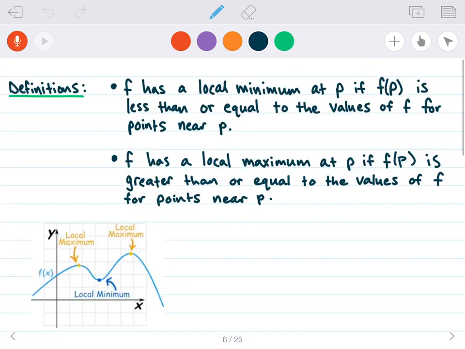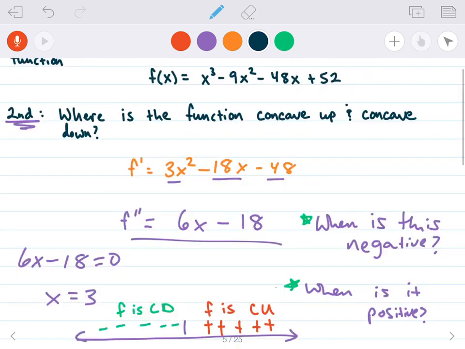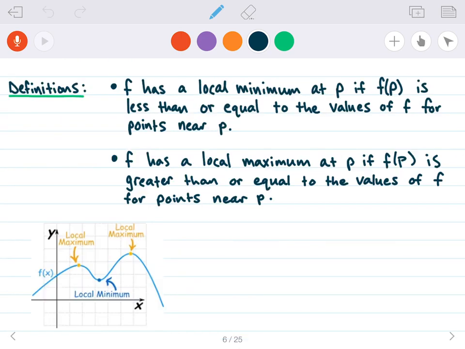Let's go ahead and talk about some definitions now. So the first definition is a local minimum, and we've really secretly been talking about these the whole time, but now we're going to explicitly define them. So f has a local minimum at a point P if f of P is less than or equal to the values of f for points near P. That's a little vague, but